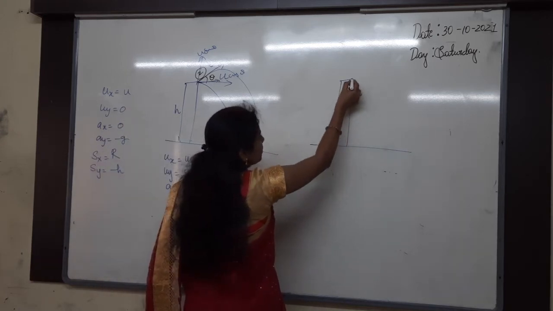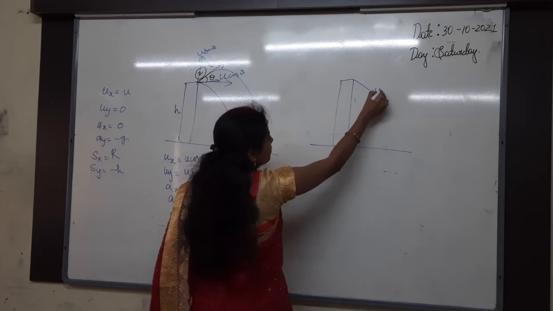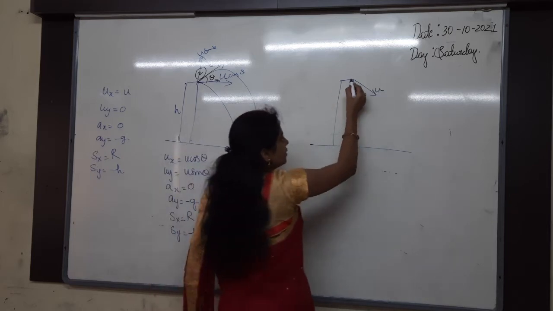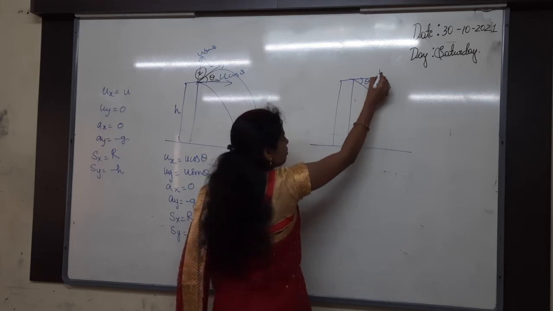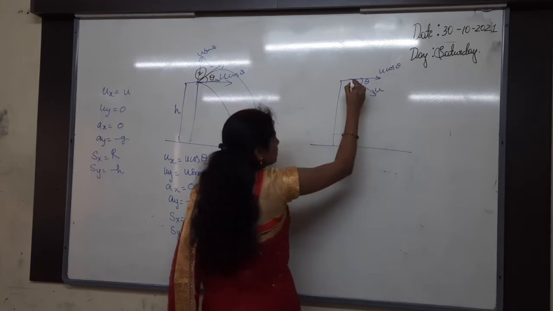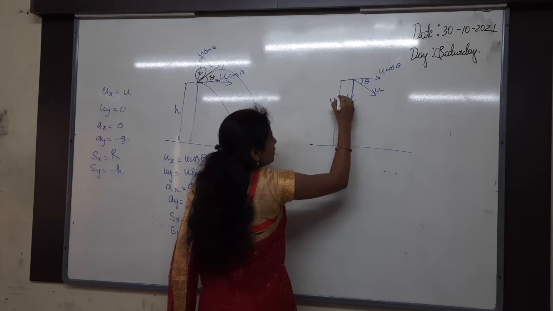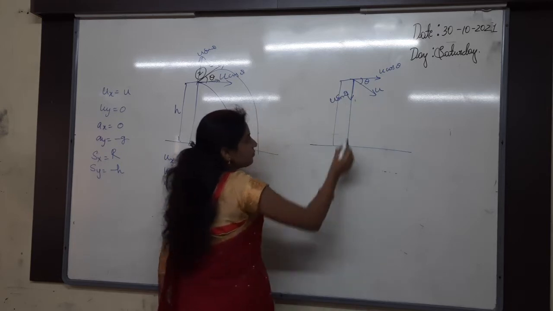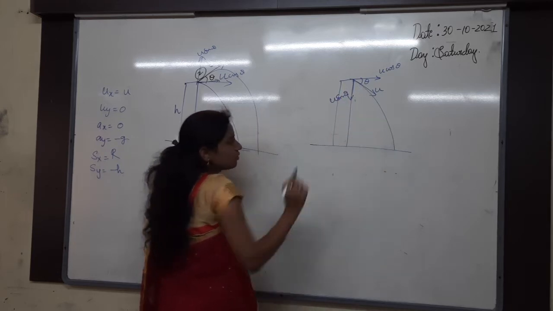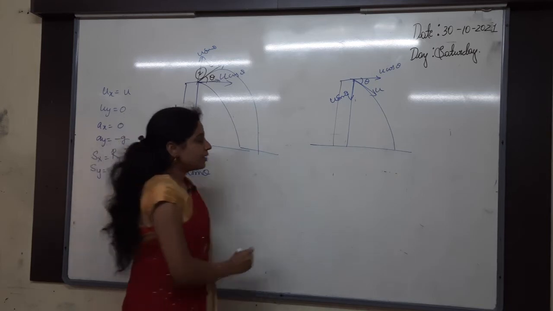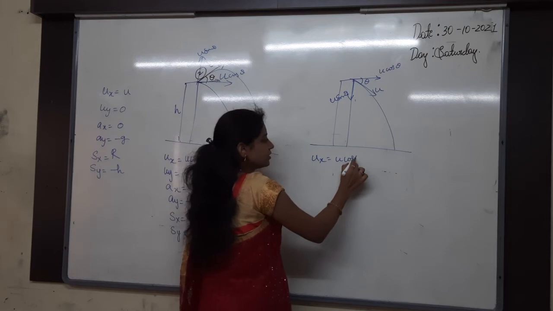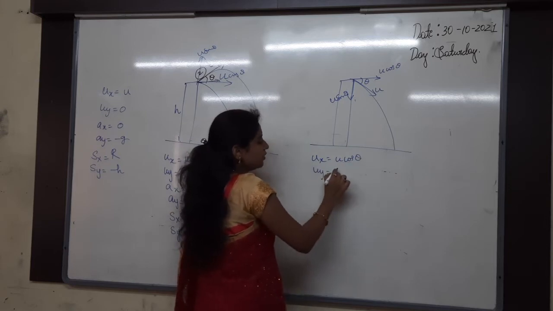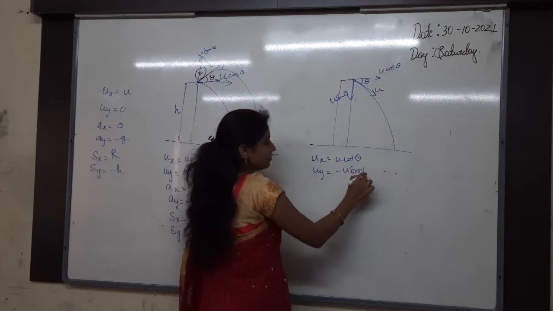see that we are projecting in downward direction. We are projecting in downward direction with an angle. How much angle is? Theta here. Then this component will be what? U cos theta. And the vertical component will be u sin theta. Now it is coming in downward direction like this. Now tell me what is ux? Ux is equals to what? U cos theta. Yes. Then uy is equals to what? Minus u sin theta. Very good.